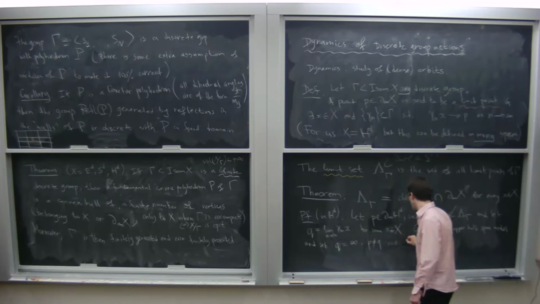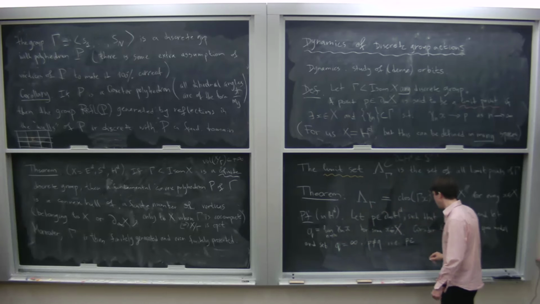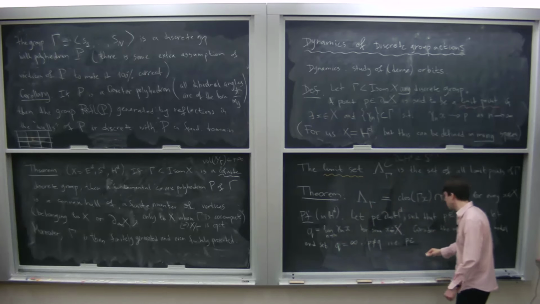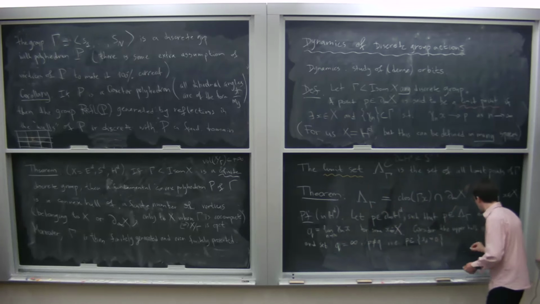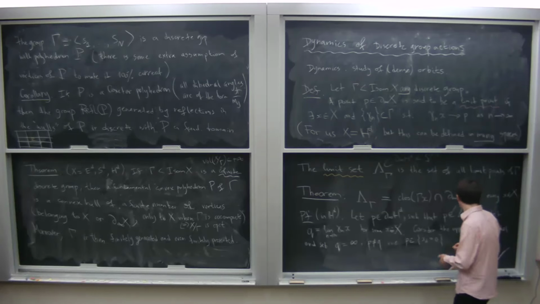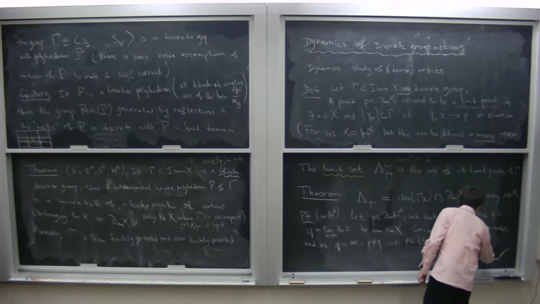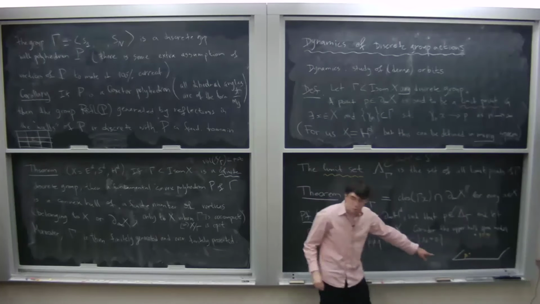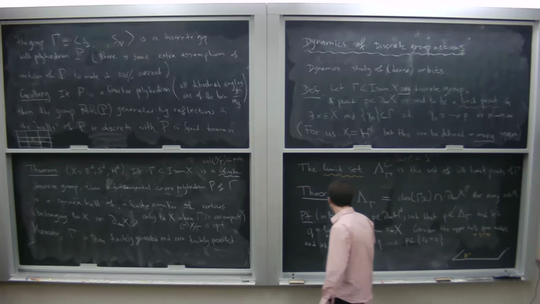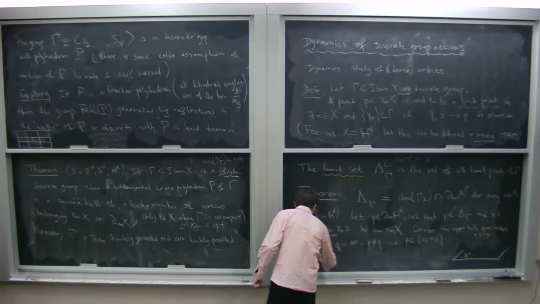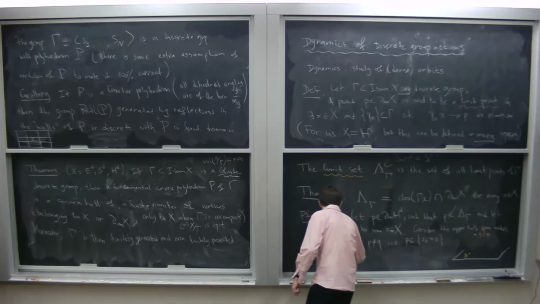Which means that P belongs to the real line, right? Oh, okay, it belongs to the hyperplane. So it belongs to the hyperplane x_d equal to 0. So we have such a picture, right? We have Q at infinity, and we have some P on the boundary, right? And so we have, so assume that